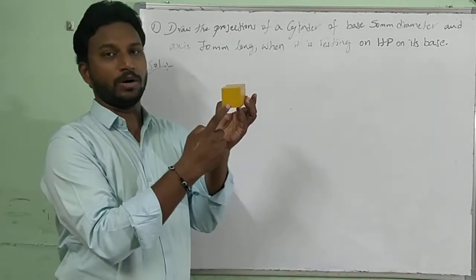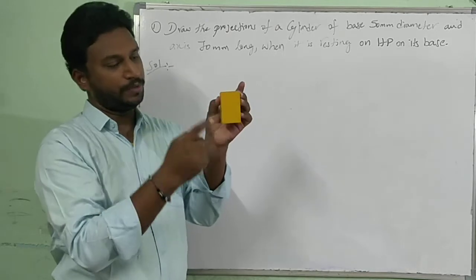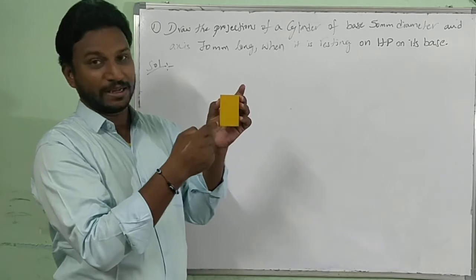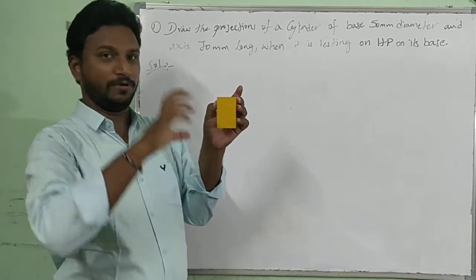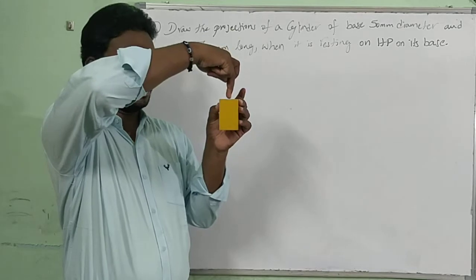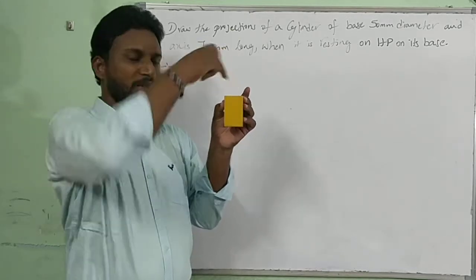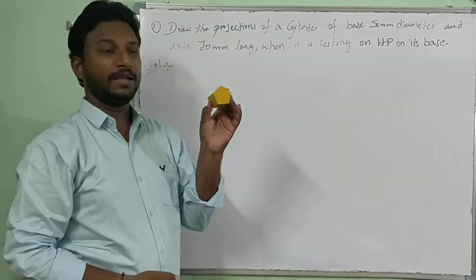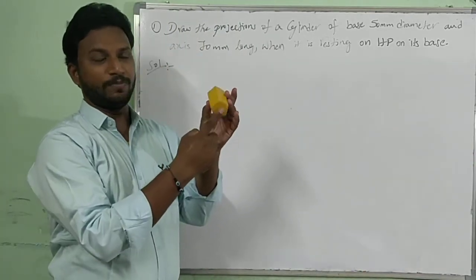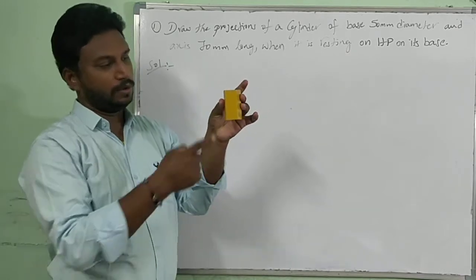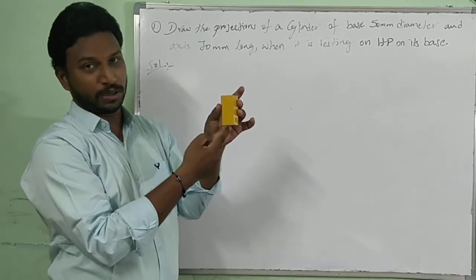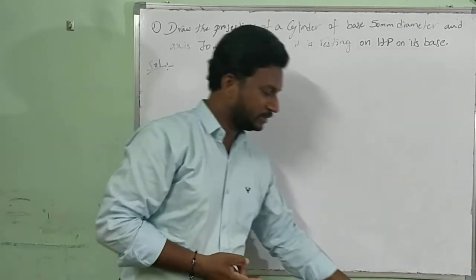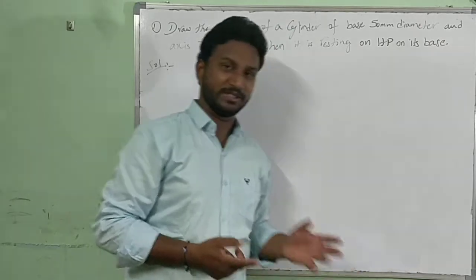Square prism. Bottom square, top square, square edges, vertical edge, rectangular faces connecting from the top, and one more line, the axis, an imaginary line passing from top center to bottom center. Pentagonal prism. Pentagon shape bottom, pentagon shape top. From each edge of the bottom pentagon, rectangular faces are raised. These are about prisms. In the same way we have hexagonal also.